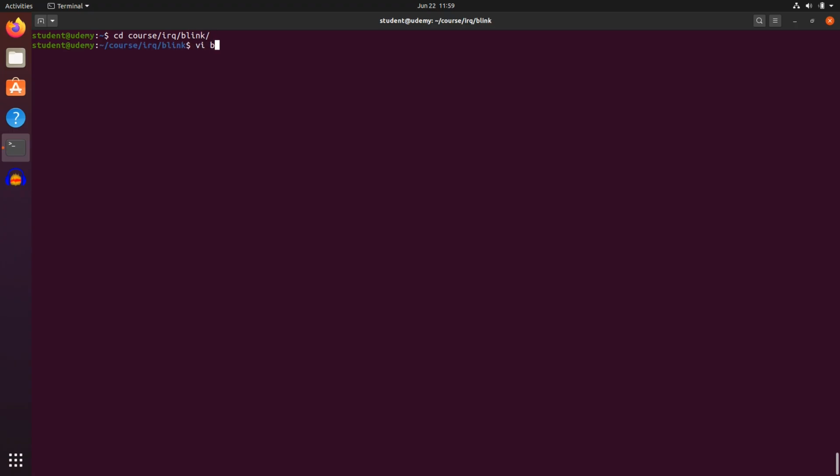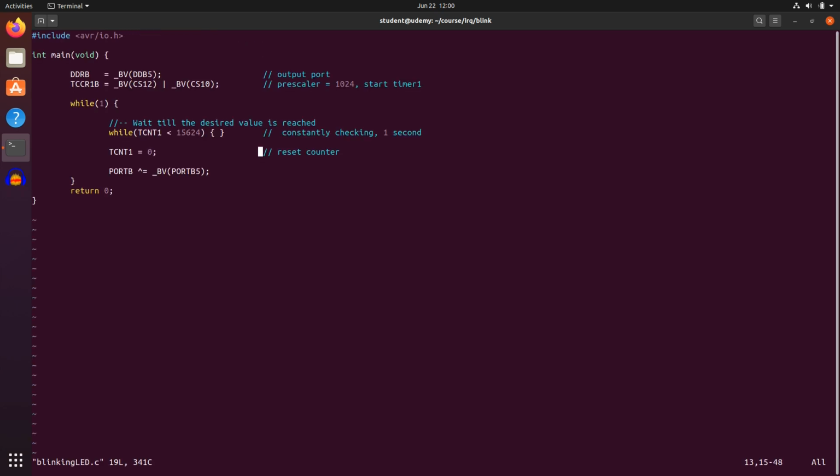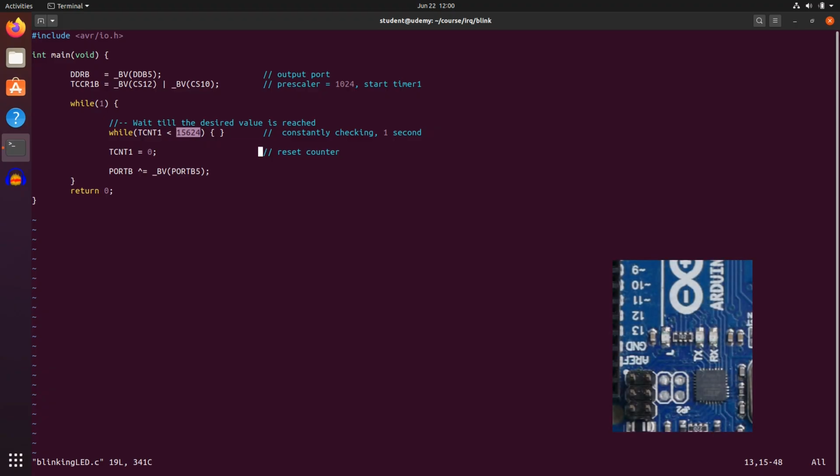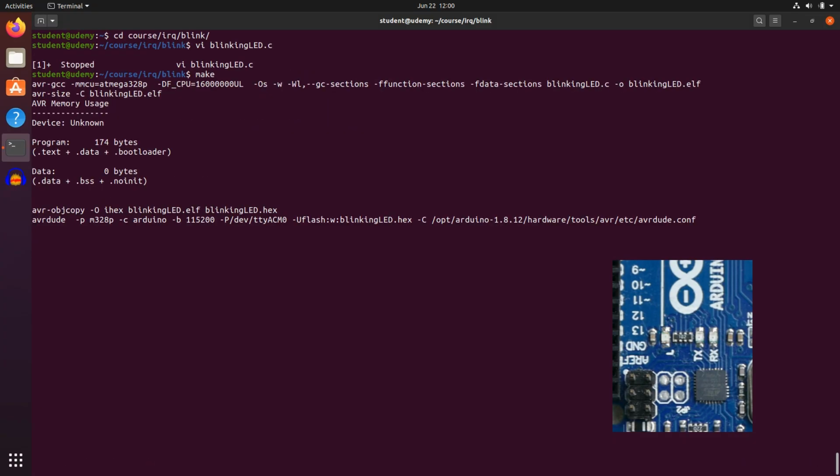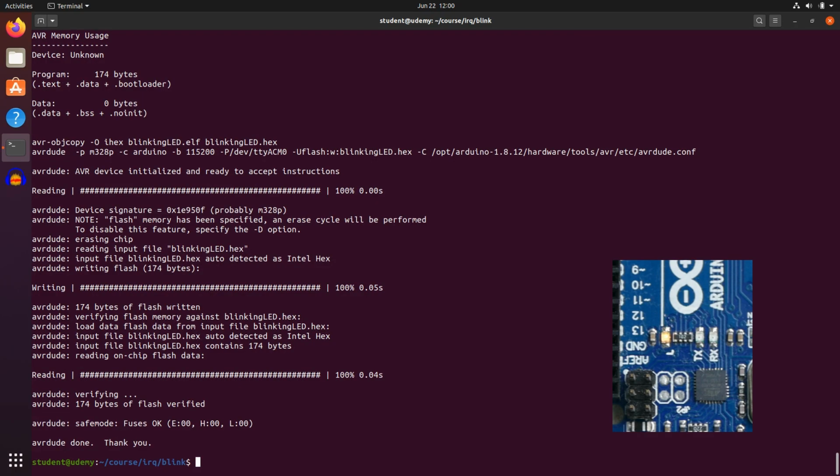In this directory I have already the blinking LED program that we had earlier. So I'm setting the prescaler here and wait till the TCNT1 reaches 15,624, which is 1 second. Then I reset the counter and I make the LED blink. So I can compile and upload this, and the LED is going to blink. Okay,